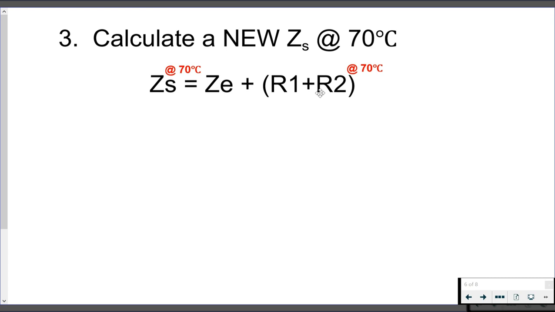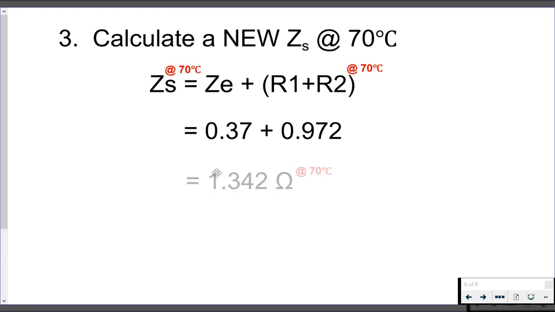So 1.18 ohms minus 0.37 ohms gives us an R1 plus R2 value at 20 degrees C of